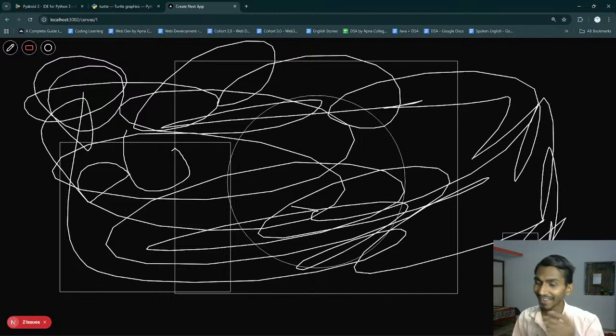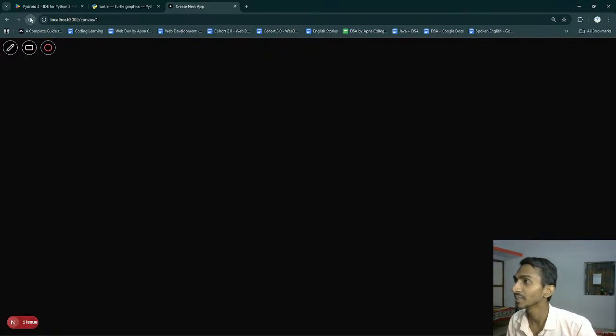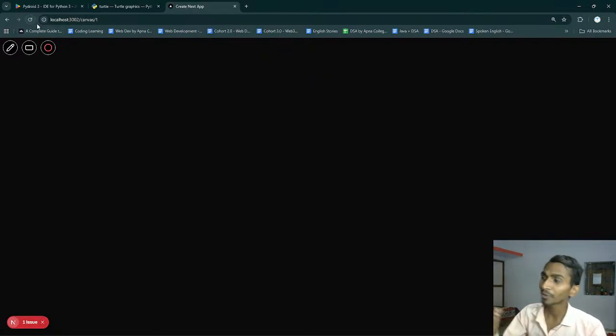Thankfully, I have done this. I had to add text. I had to add many features, but so far so good. I can draw. If I refresh the page, there's only one problem, that data is not getting saved in the DB. I will fix it, and this is how it is going on. But I can actually draw a circle. I can actually draw a